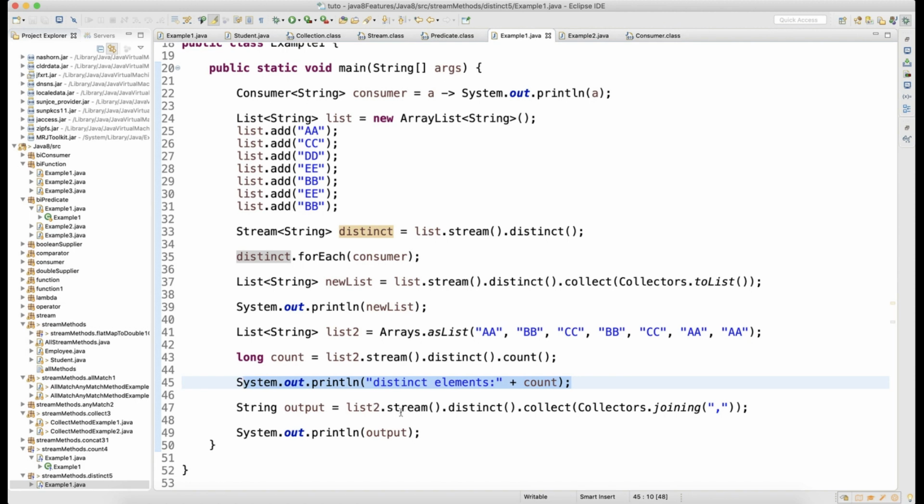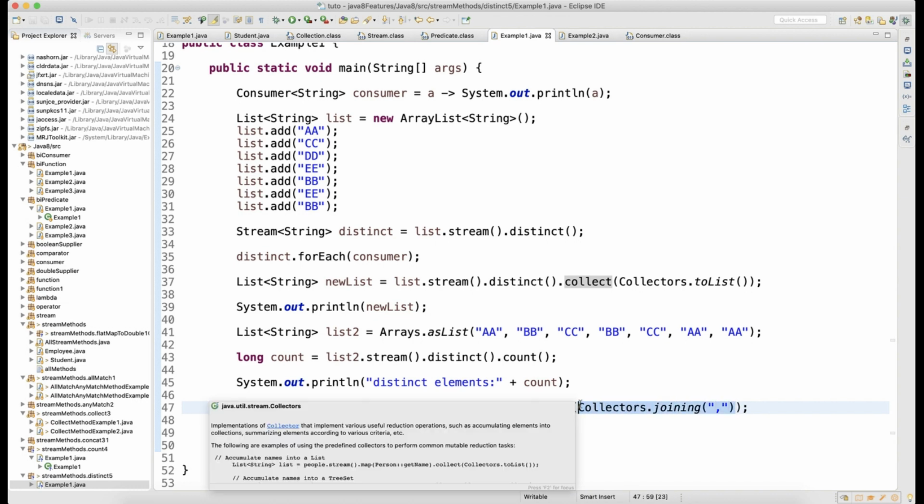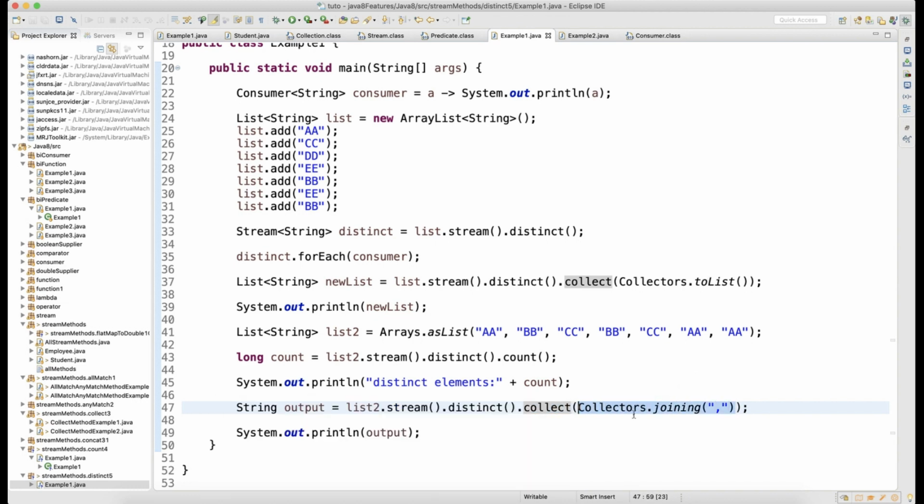Similarly, on this stream I am calling distinct, so I'll get distinct data, which means there is no duplicate, and then I'm trying to collect the data with Collectors.joining. I have covered this earlier in my previous video. When you call this collect method on this stream of strings and say Collectors.joining by comma, it will join everything by comma.